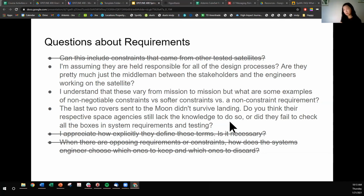I think there are many different factors if a mission is not successful, whether it comes in the writing requirements or the design implementation or the integration and testing. Yeah. But you know what? Having bad requirements can be a reason why a mission fails. Okay. So I'm gonna pause